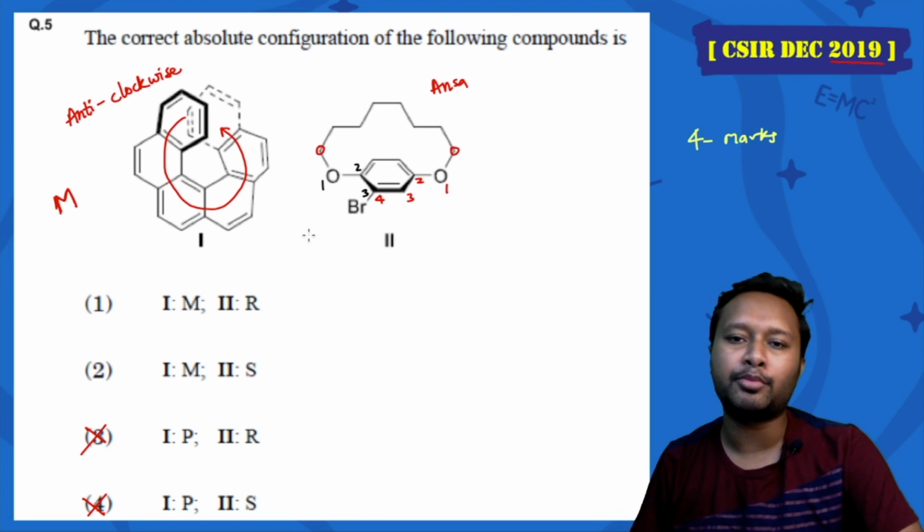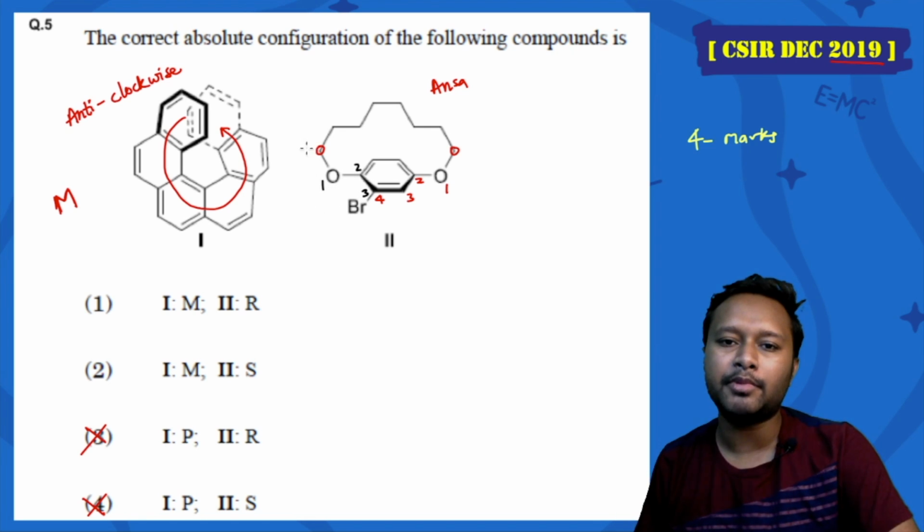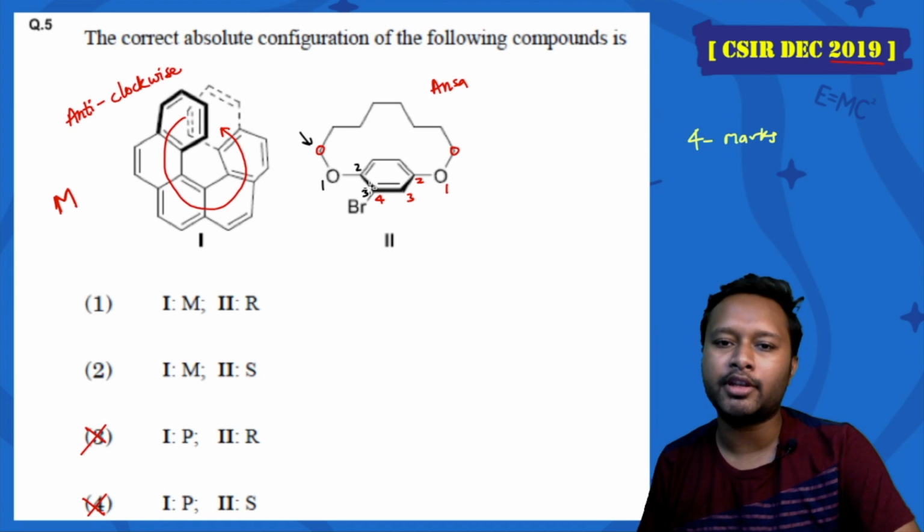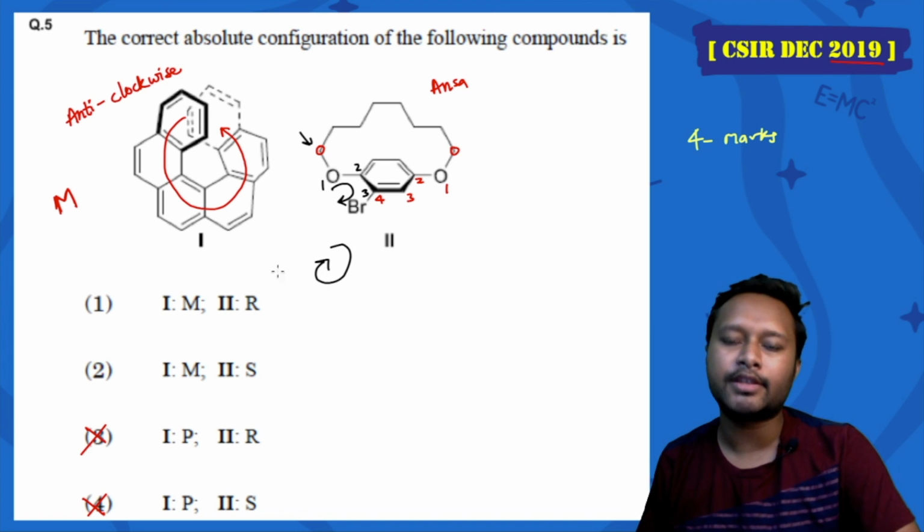So it will come at the 3rd position itself. That means this is going to be my pivot atom, because this is going to give me the substituent at the least position. Now you just have to make an arrow along with the numbers. This arrow is going to give you an arrow in the clockwise direction. Since the arrow is in the clockwise direction, we will call it R configuration.